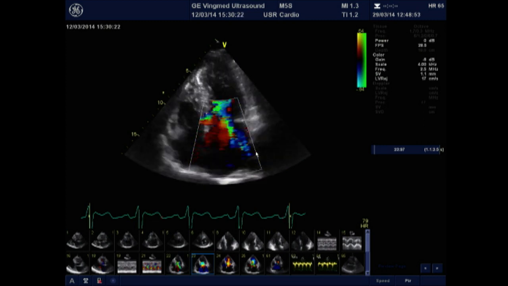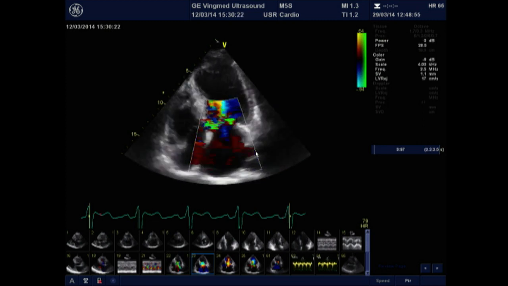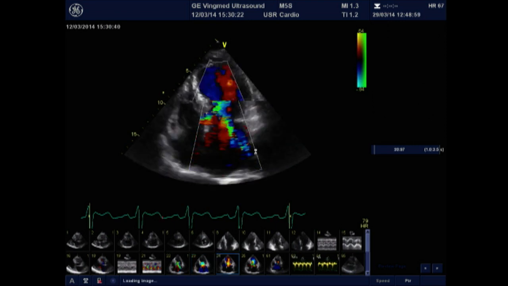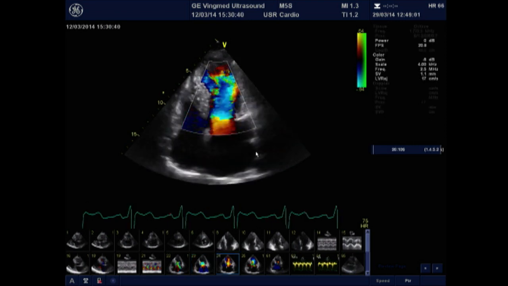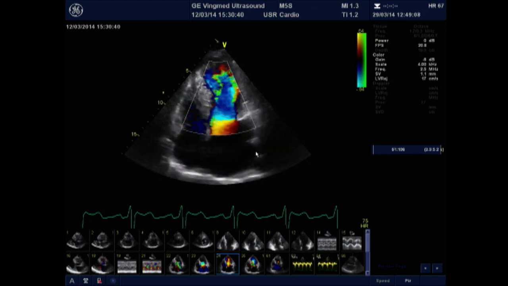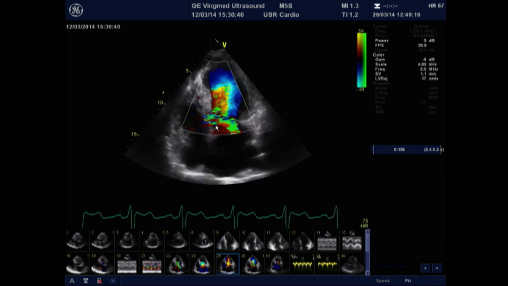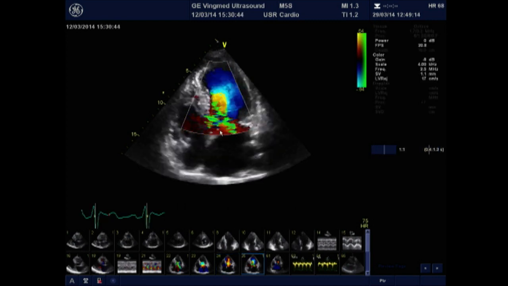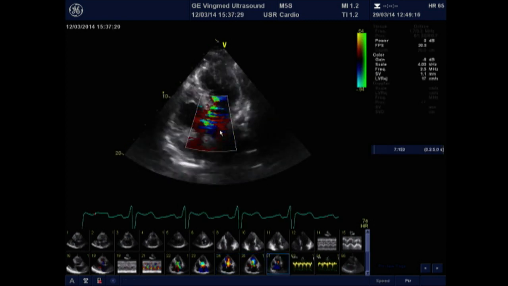and a dynamic image with exactly the same data. And again, you can see the aliasing is in the left ventricular outflow tract, and you can also notice there a mild, very mild jet of aortic regurgitation. Another frozen image, and